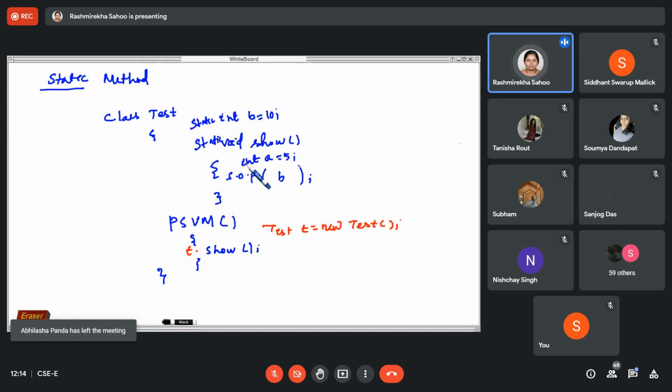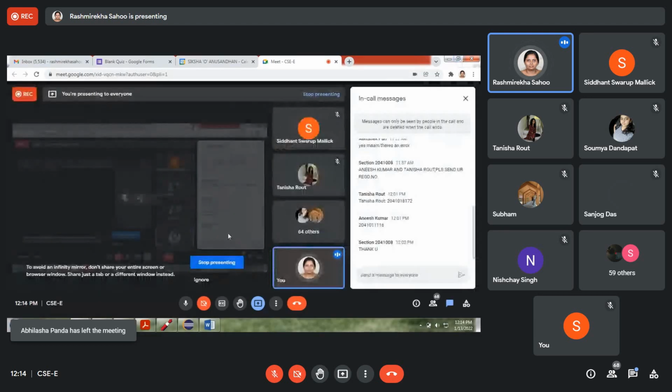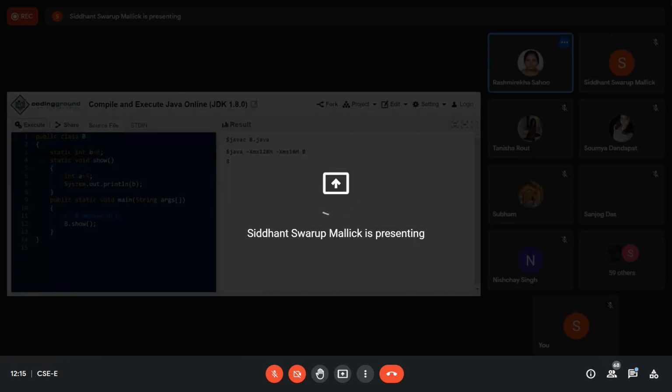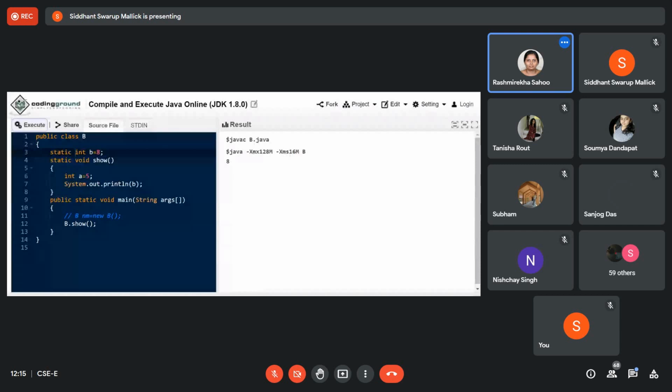Okay. Siddhant, you share your screen. So you just omit that static int b. Static को हटाओ.